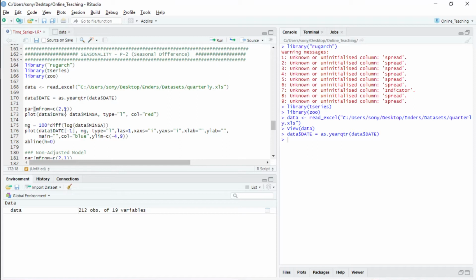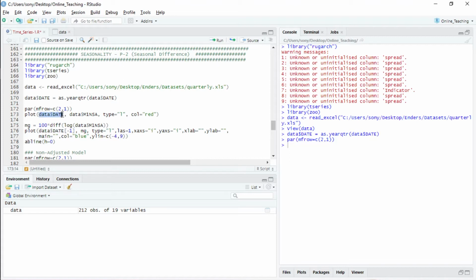Yeah, that is. So that's why this one, M flow. So I'll run it. What I'll do, I'll show the actual data first. To do that, I'll plot the data. Plot, so this is the command.